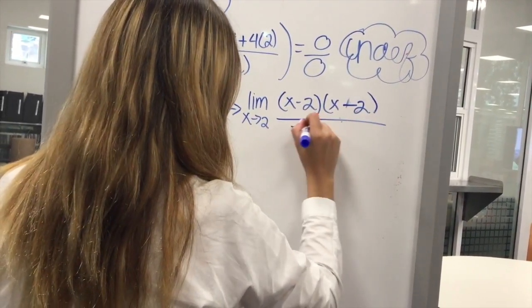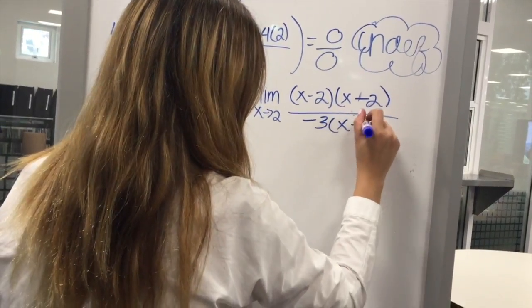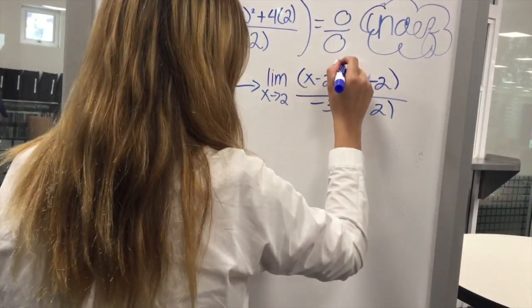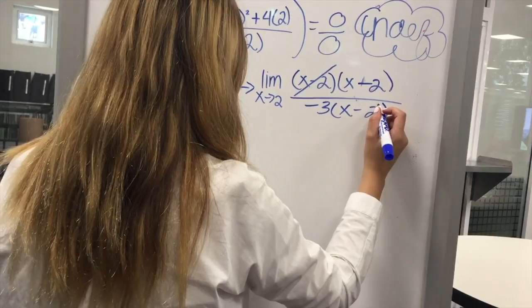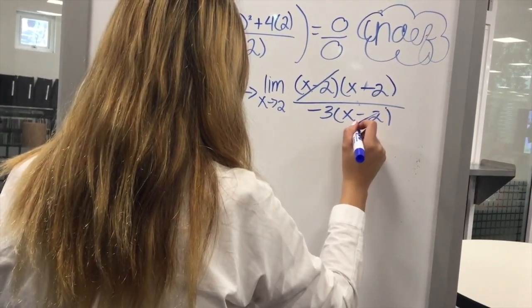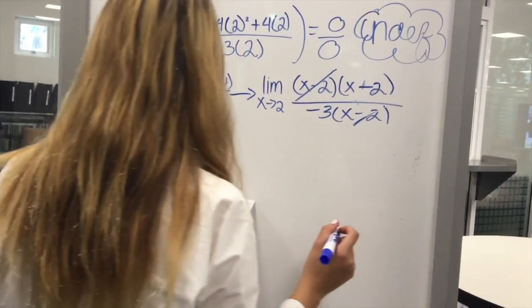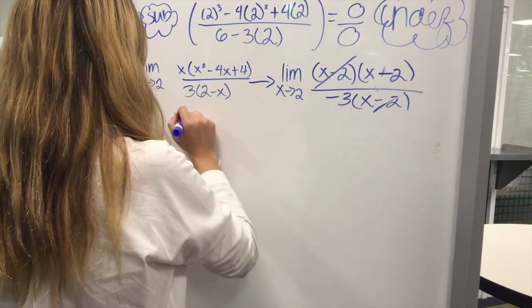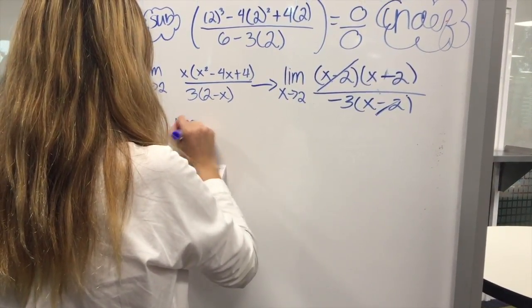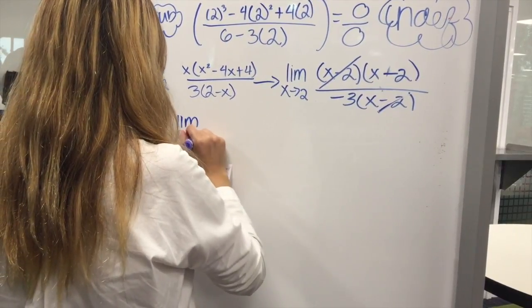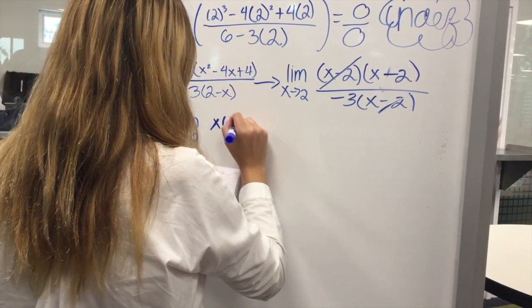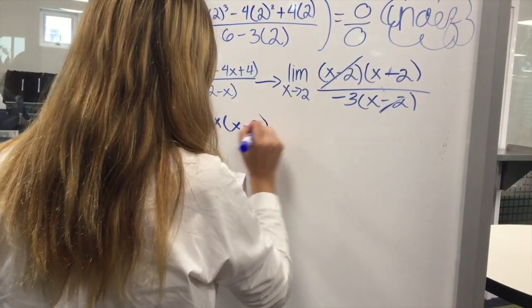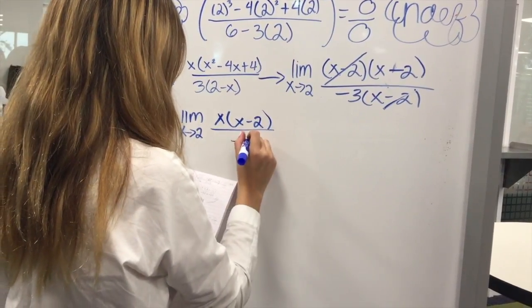After this, you have to do difference of squares. And in here, we can clearly see that x minus 2 is repeated, so we cancel those terms. It's very important that you know which terms are going to be canceled. Then we rewrite our equation with the leftover numbers,